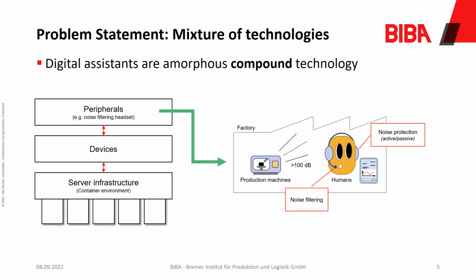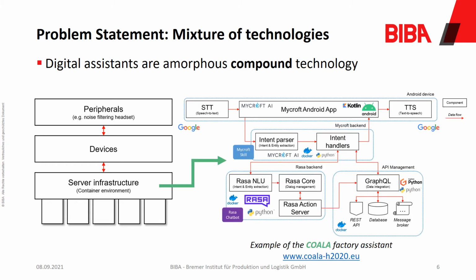Then we have the peripherals, which are an integral part of the solution, because in manufacturing you have to deal, for instance, with noise. You need to have noise protection, and you need to have noise filtering when you want to use a voice-enabled digital assistant. So that is an aspect that has to be thought of when you design and implement digital assistants in your production. The last part is the server infrastructure, and the server infrastructure can be infinitely complex depending on what your